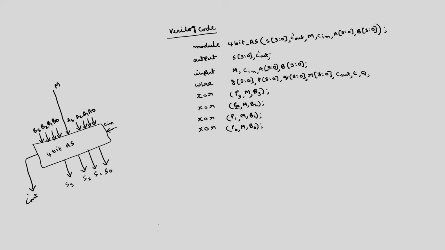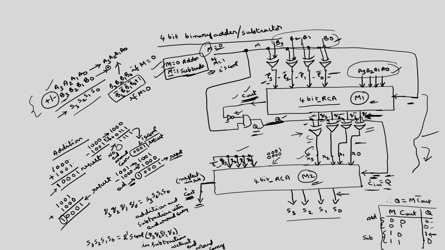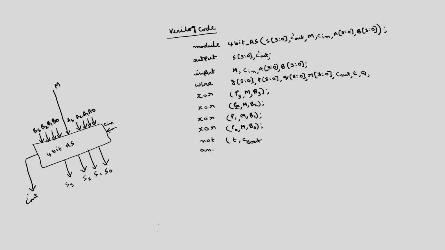Okay. So, what else operations you have to do? You have to generate T, which is the NOT gate output. T is the output of the NOT gate, input of this one is C out. This is C out, output is T is equal to C out bar. Then Q is equal to M and with T, output is Q, inputs are T and M.